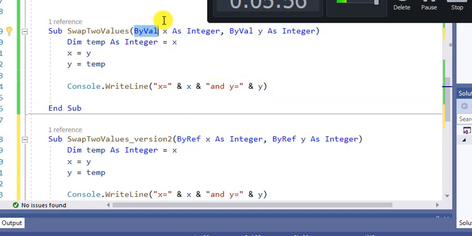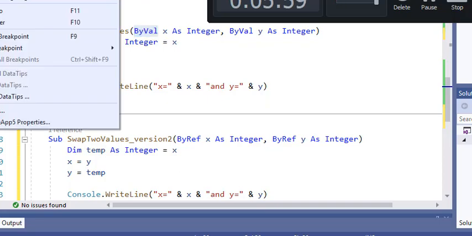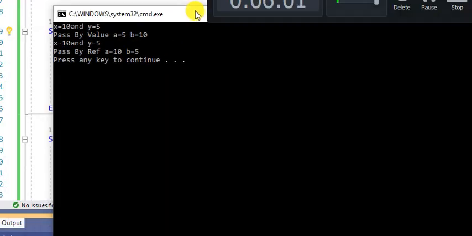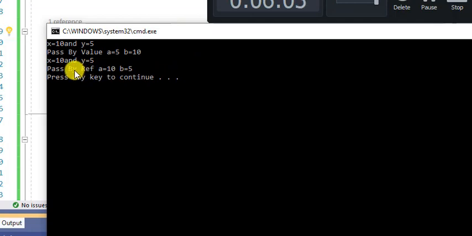Okay, now if I run it, you will see the difference here. You see here the value of a has changed. a became 10, you see that, and b became 5. That is the key. That is the very key in here. Okay, so if I can explain a little bit,